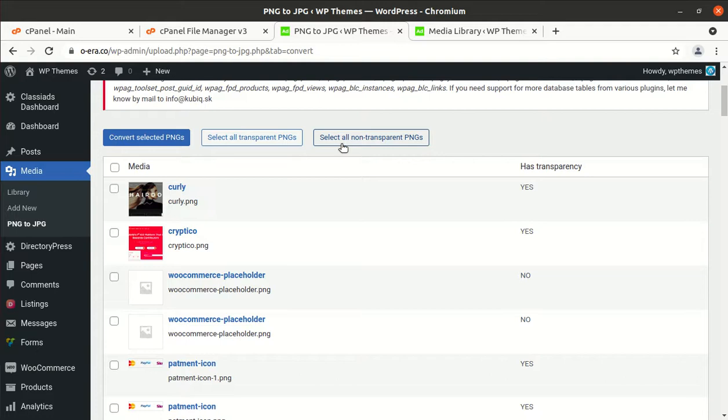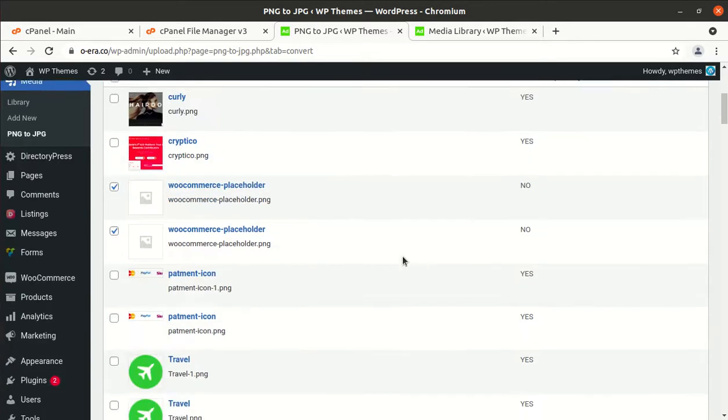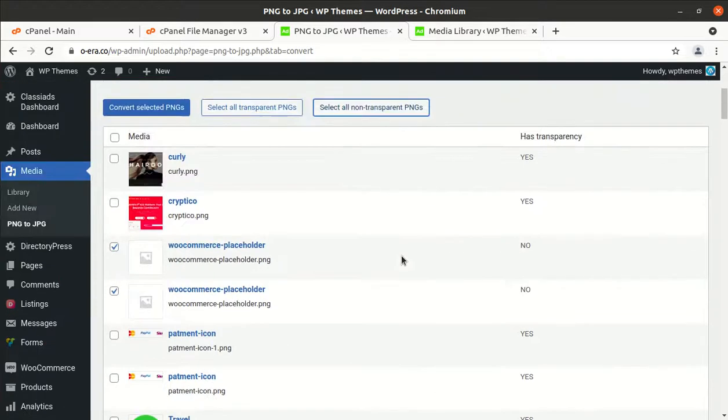So we can simply click on this, and it will select those images which do not have transparency, but this is not good. We are going to convert these images which have transparency, but we don't need any transparent images, it is just image format, and JPG images will be fine in this case.